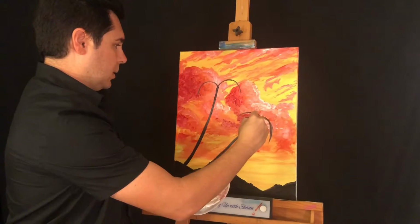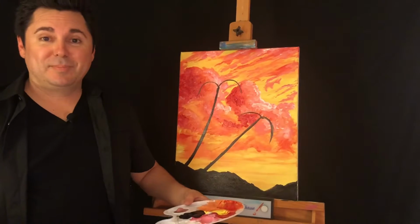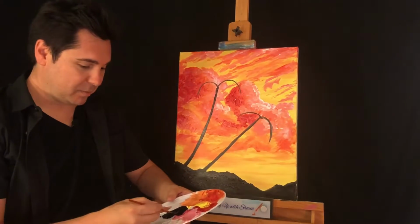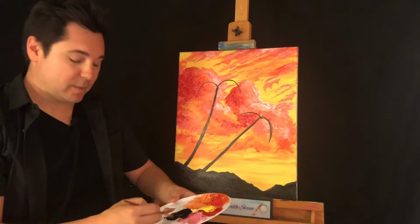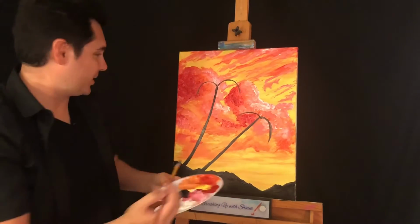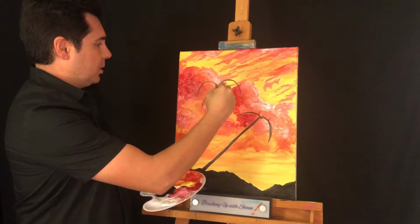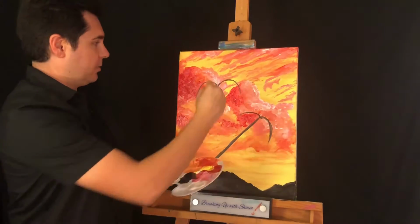Cool. Again, we don't need it symmetrical, we don't need it perfect. We want imperfections, actually. It's kind of a strange thing to say, but that's what nature is. It makes it look more real, for sure. So I'm going to go ahead and just keep adding some more black lines, popping right off the top of that